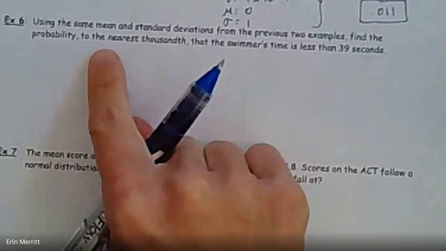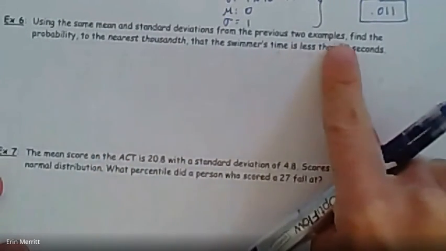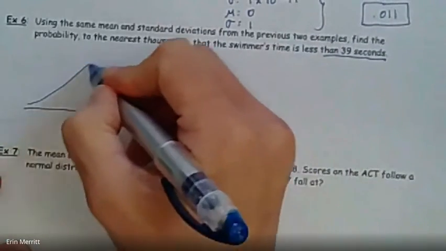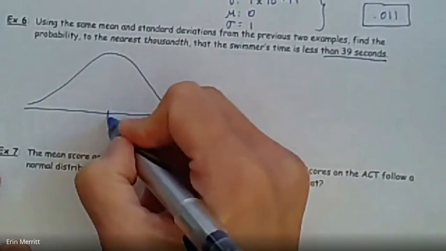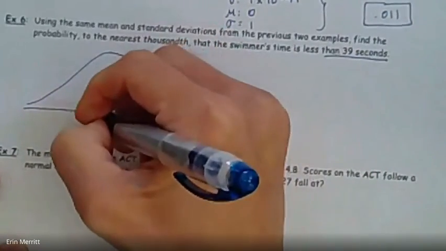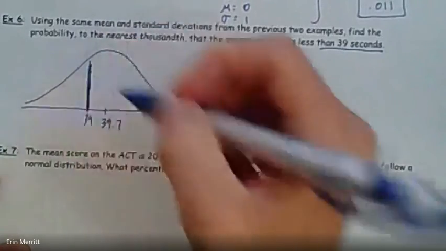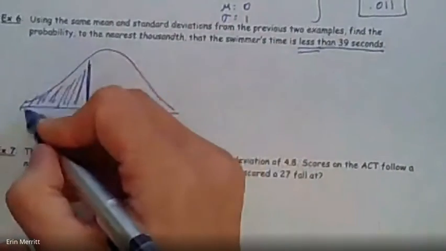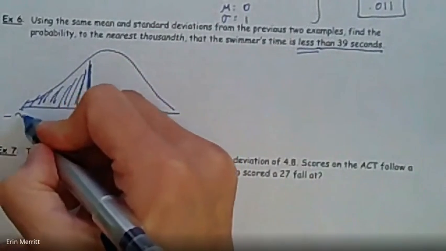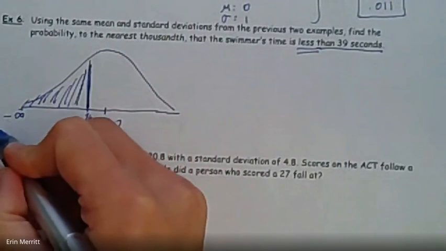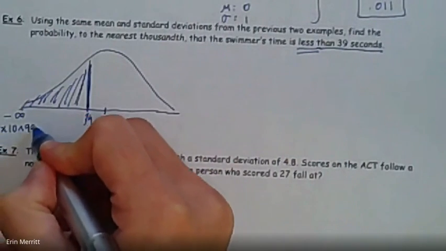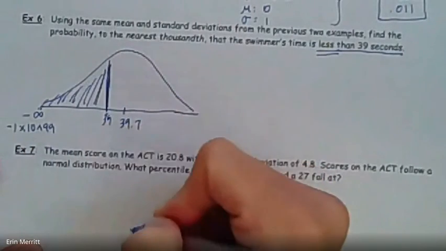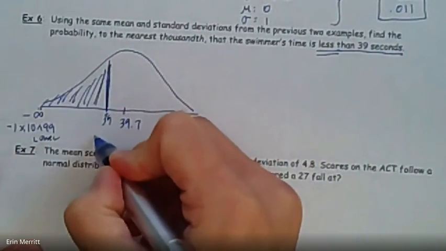Next, when it says use the same mean and standard deviation and so on, find the probability that the swimmer's time is less than 39 seconds, that means we'd be using the left end of the curve here. So if here's 39.7, swimming a 39 would be right next to that. And then anything less than, I'd be shading below. So in this case, the lower bound we're going to treat like negative infinity, which means we're really going to make it -1 times 10 to the 99th power. We're going to make that a super, super small number. And then the upper bound would be the 39. So lower would go here, upper would go